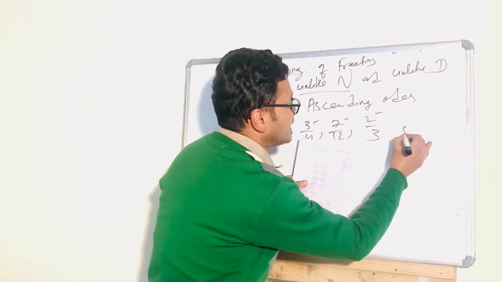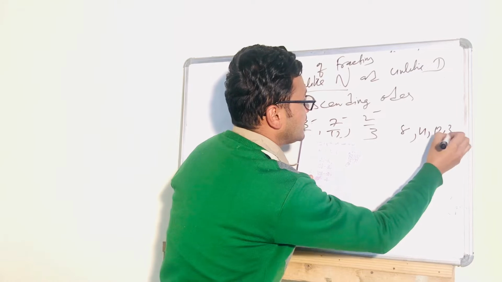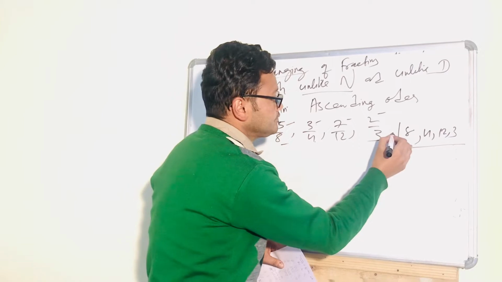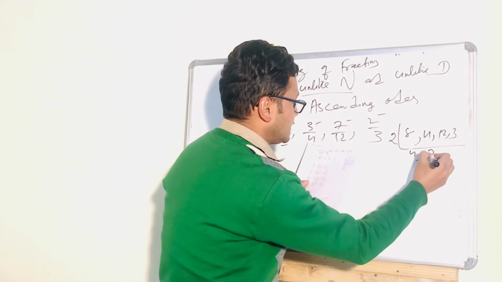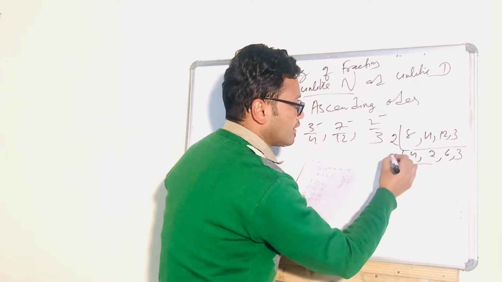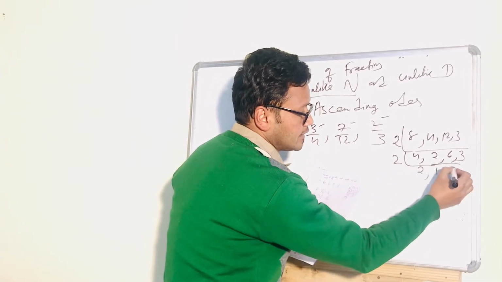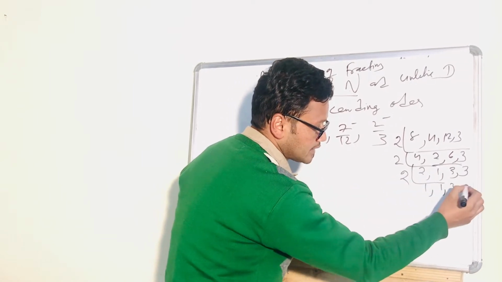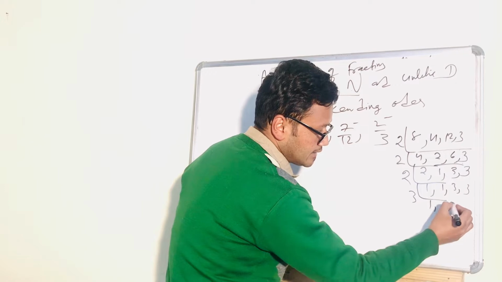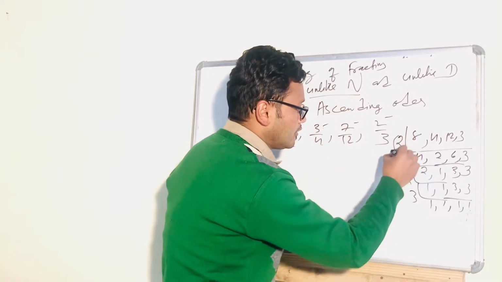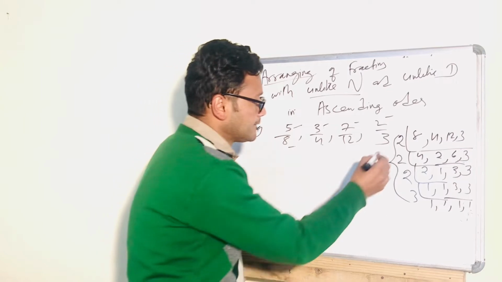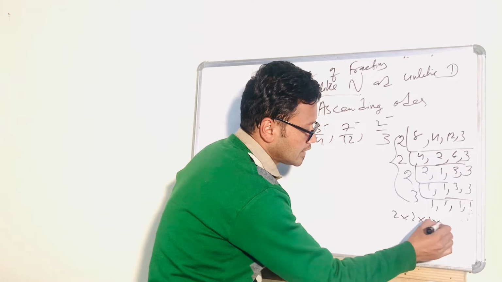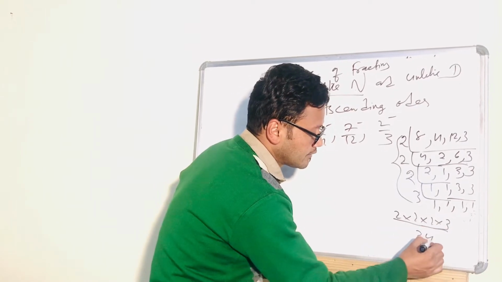Write 8, 4, 12, 3. LCM by the factorization method. 2 4s are 8, 2 2s are 4, 2 6s are 12, 3 written the same. Again 2 2s are 4, 2 1s are 2, 2 3s are 6, just write 3. Again by 2: 2 1s are 2, 1, 3, 3, lastly 1, 1, then 3 1s are 3, 3 1s are 0. Now multiply the prime factors: 2 into 2 into 2 into 3. 2 2s are 4, 4 2s are 8, 8 3s are 24. 24 is the LCM.